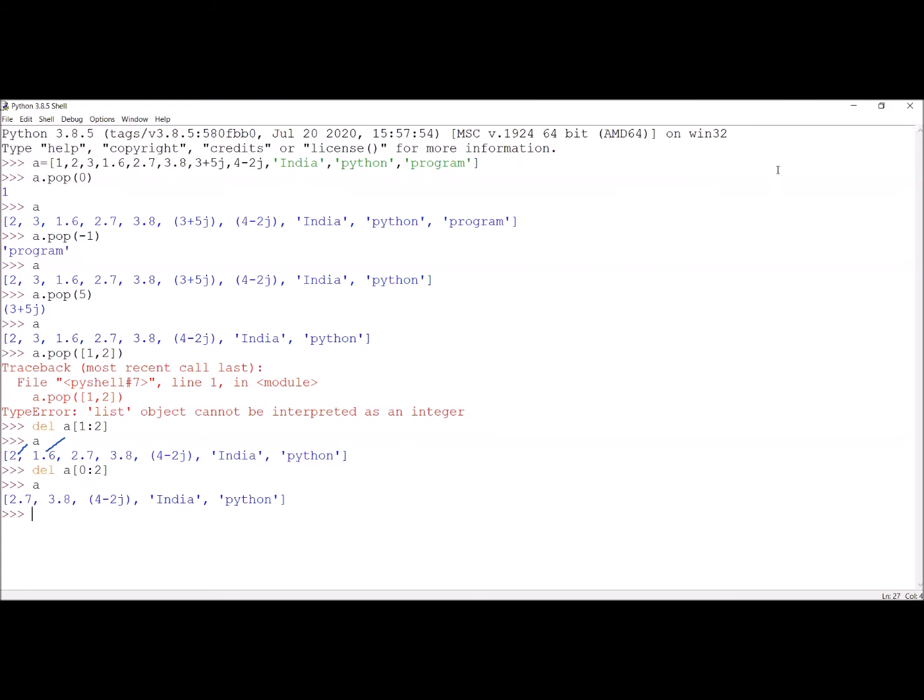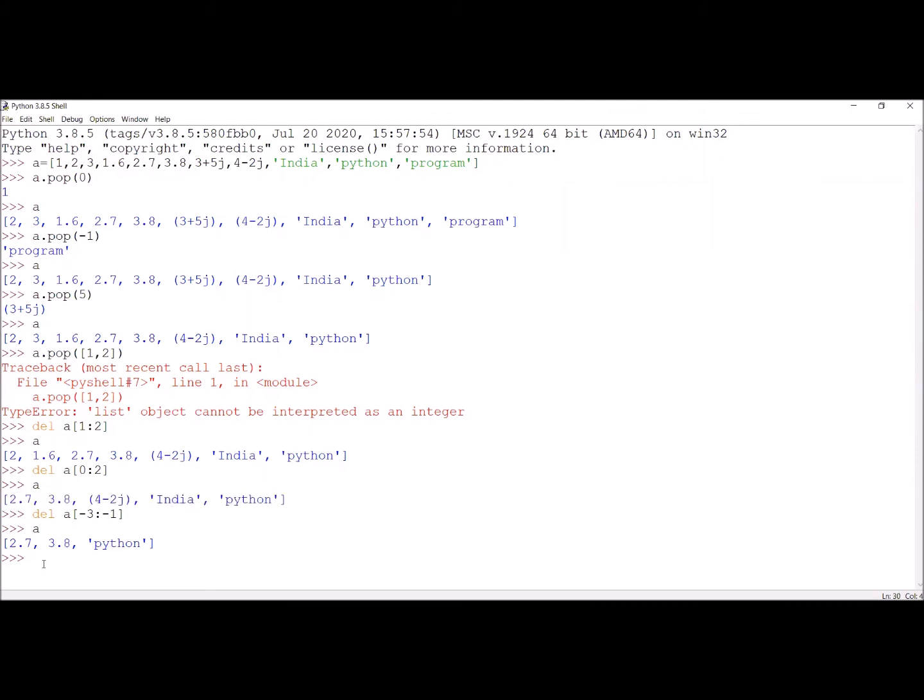Until 2 you delete, we are giving that command. Whenever we are giving 2, it means you only delete until the second element, but do not delete the element at index 2. Now we are telling it to delete the elements. I want to delete the last 2 elements. So I am writing -3 to -1. Here I have mentioned -3 to -1. Instead of that, I have to mention -3 because -1 will not be deleted.